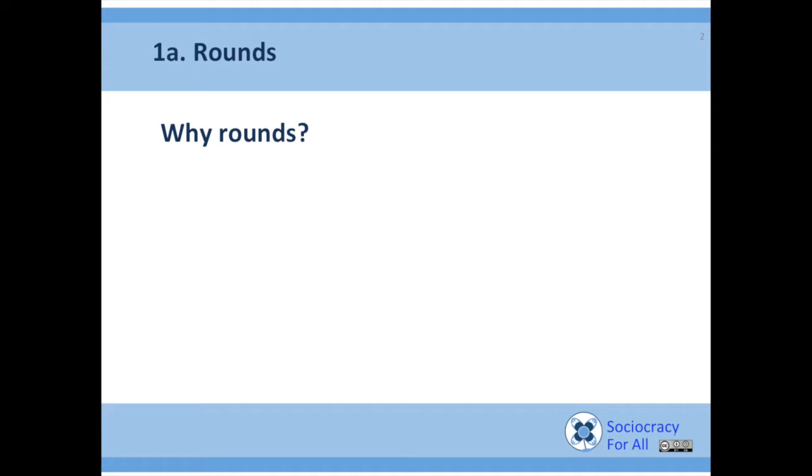Backing off real quick, I'm pretty sure most of you know that, but a round is just basically asking everybody, doing a go around in your circle meeting or in your group, hearing from everybody one by one. One can pass, but then typically you come back to that person. The idea is that we want everybody to be heard. And that supports equal voice, and that is one of the quintessentials of sociocracy. We want to give everybody the same voice.